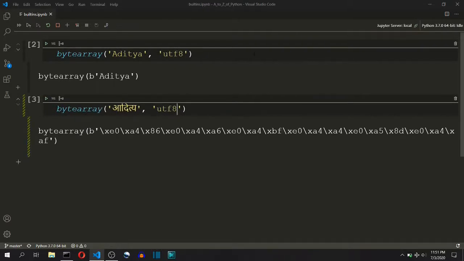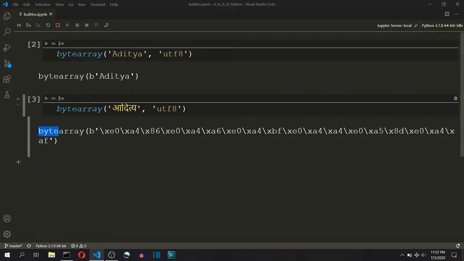This \x indicates that the number following the \x is in hexadecimal format, and each hexadecimal digit consists of 4 bits, and thus two 4-bit digits constitute an 8-bit number, that is a byte,